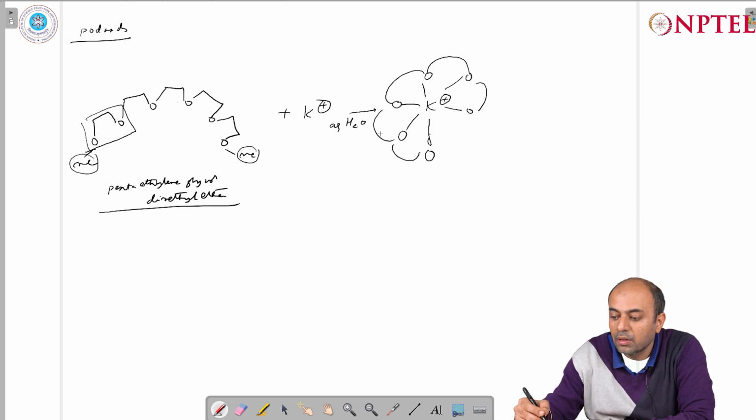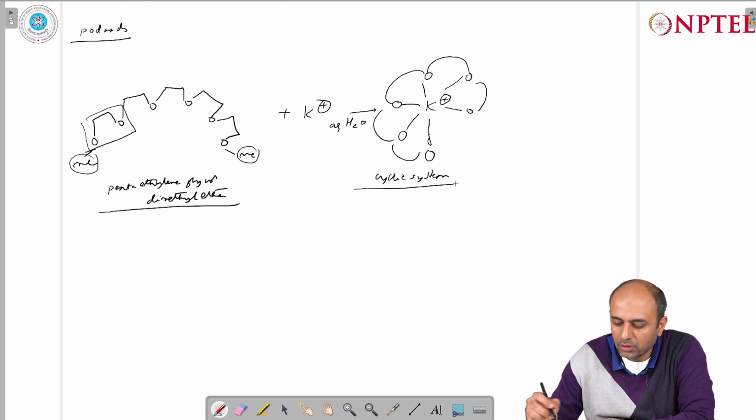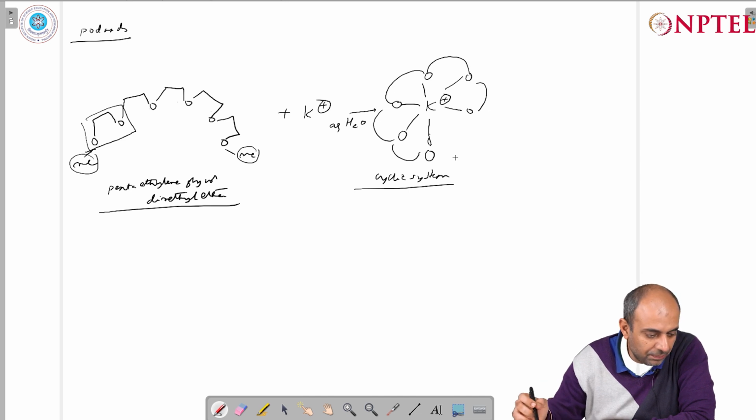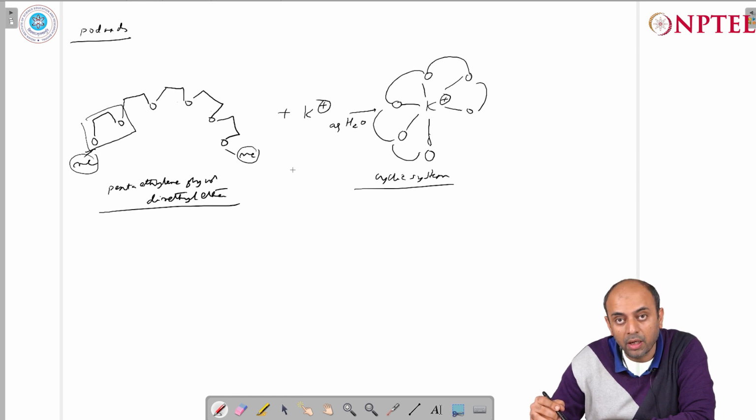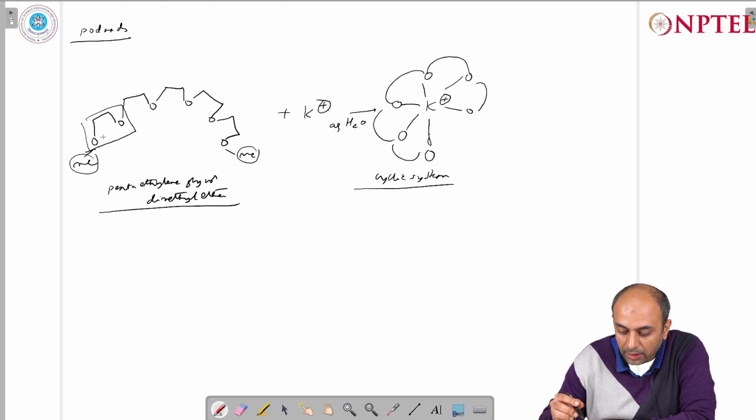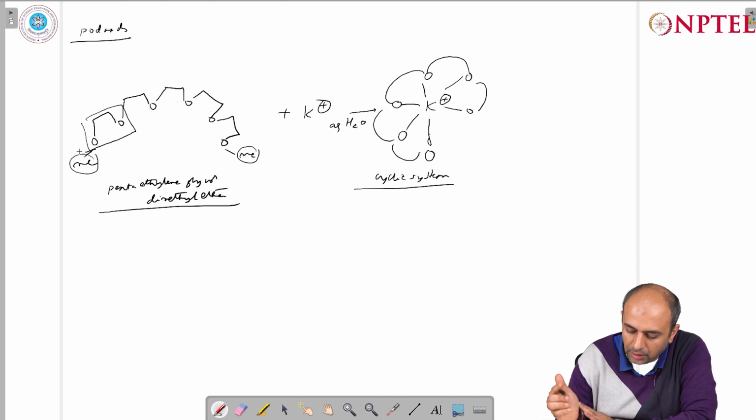this particular cyclic system. So this is how the podand encapsulates the potassium cation. It wraps itself around the potassium cation and it forms this cyclic structure. So this wrapping process takes place, and therefore there is a large entropy penalty as well as enthalpy penalty you pay because pre-organization has not taken place, and we have got a very open chain conformation, and hence the synthetic chemists now felt that we should modify the podand ligand to a certain extent so that we can rigidify the host to a certain extent, and this is done using the concept of